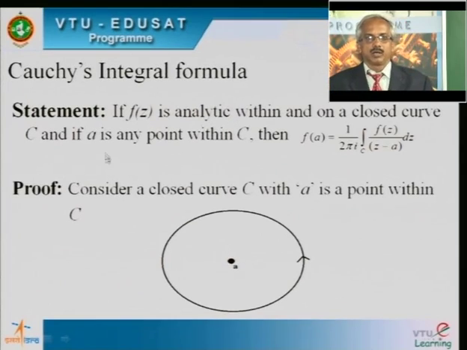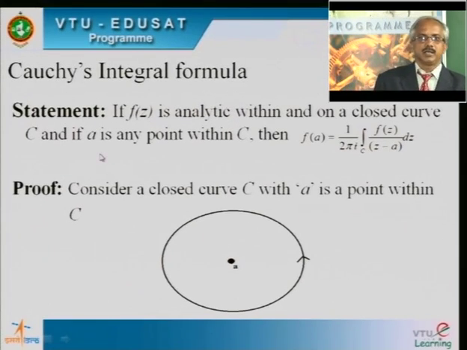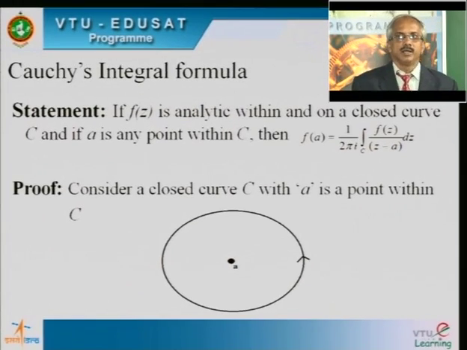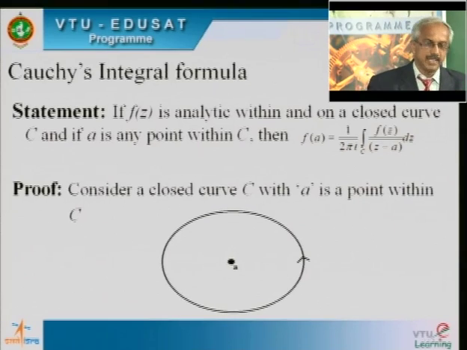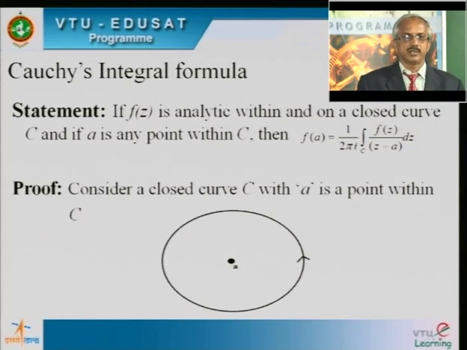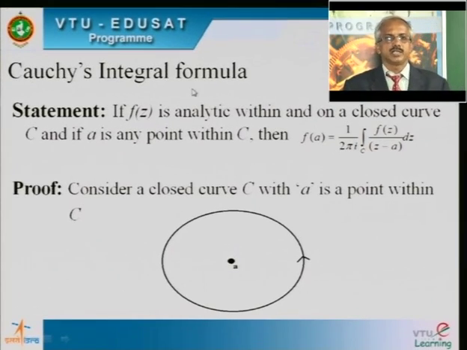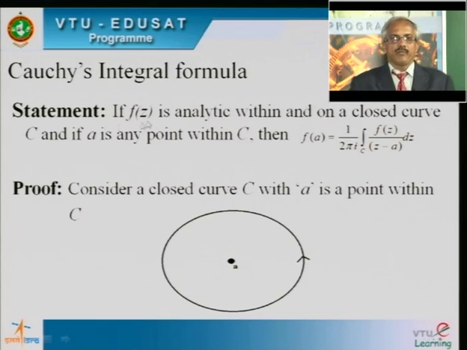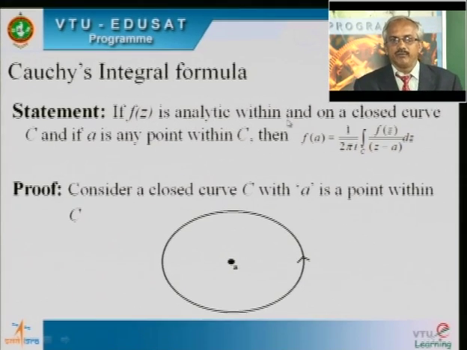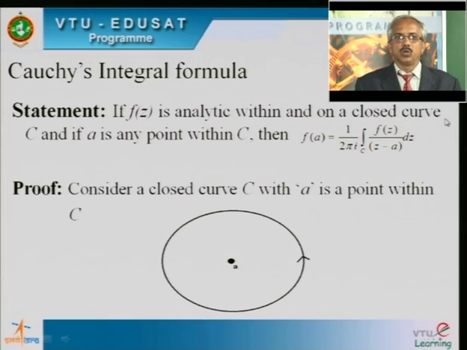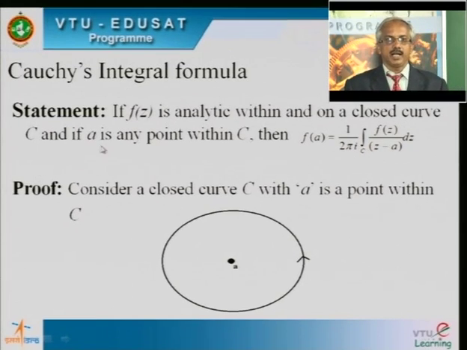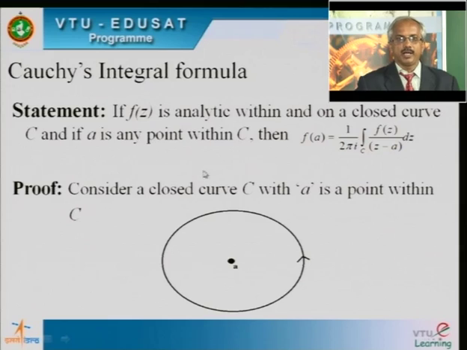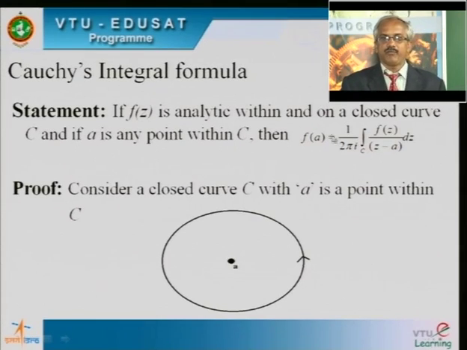And one more important result here, Cauchy's integral formula. You have observed that Cauchy's theorem is different from Cauchy's integral formula. The Cauchy's integral formula statement is as follows: if f of z is analytic within and on a closed curve C, and if A is any point within C, then f of A is equal to 1 by 2 pi